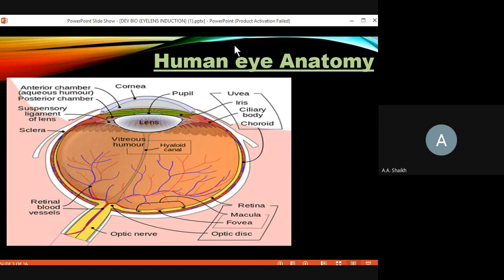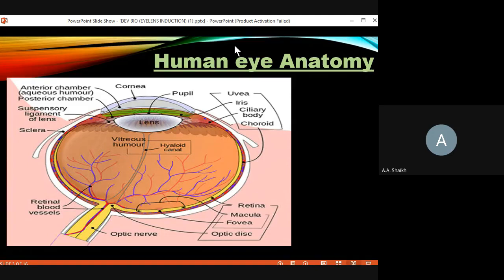So what is the basic function of the eye? It needs to view certain things. We need the eyes to visualize everything present in our surroundings. Now, if all the complex organs or tissues in this human eye are not placed at their own positions, then the eyes will not be able to work.